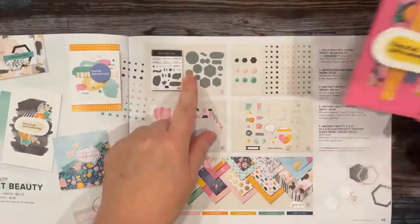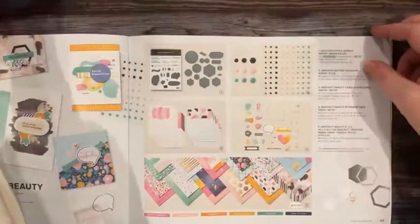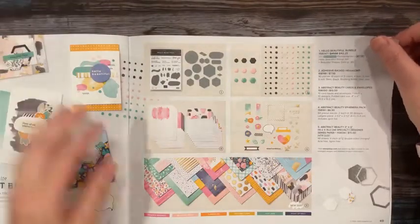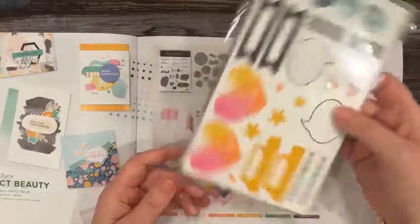These are all a bunch of shapes. These little hexagon, adhesive backed hexagons are really cool. I love that they already have the sticky on them. It's always great. So it's a really nice set. And then there's also the ephemera pack, which I haven't opened and played with, but it has a bunch of